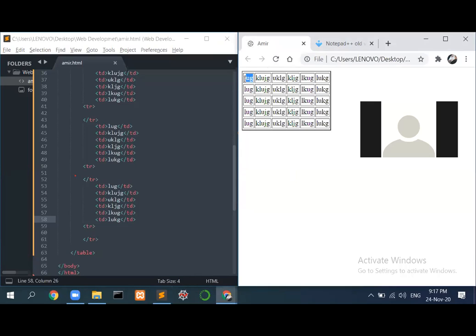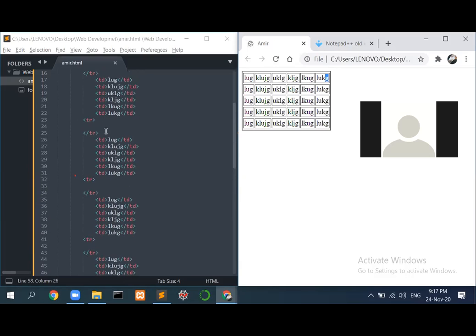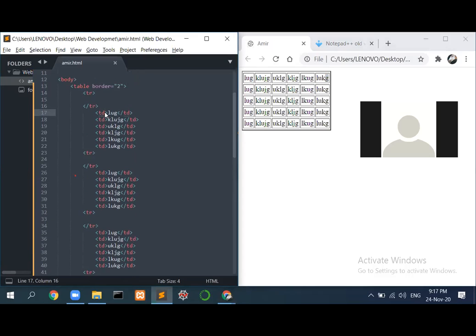So colspan, what will happen if I give a colspan over here? It will give 2 columns. So this is one entire column, this is the second column, this is the third column, the fourth column, and these are the rows. If I give the colspan command over here, you have to just go in this TD in the first. If I just write over here colspan equal to 2, and I save this and I refresh this,